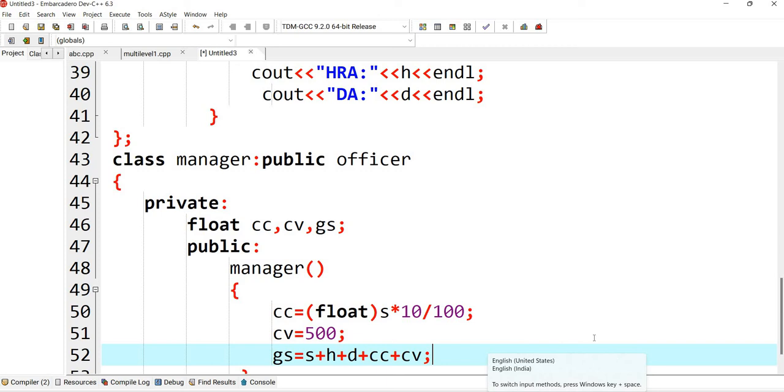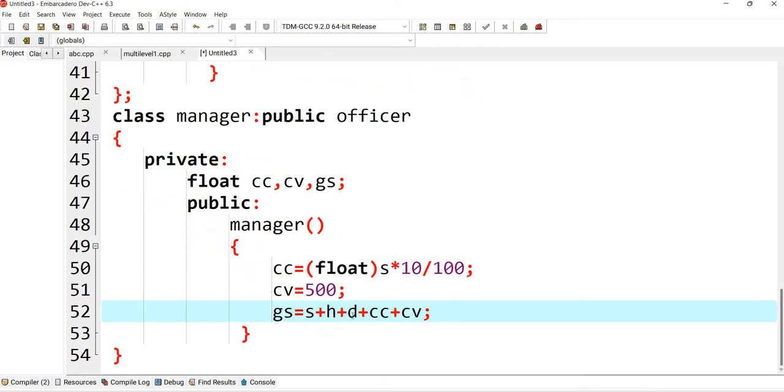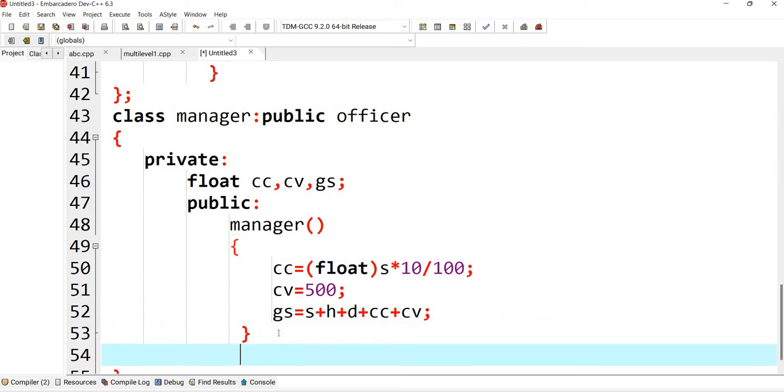So for this particular class, for example, manager is the class, so I'll declare a member function void show manager, right?